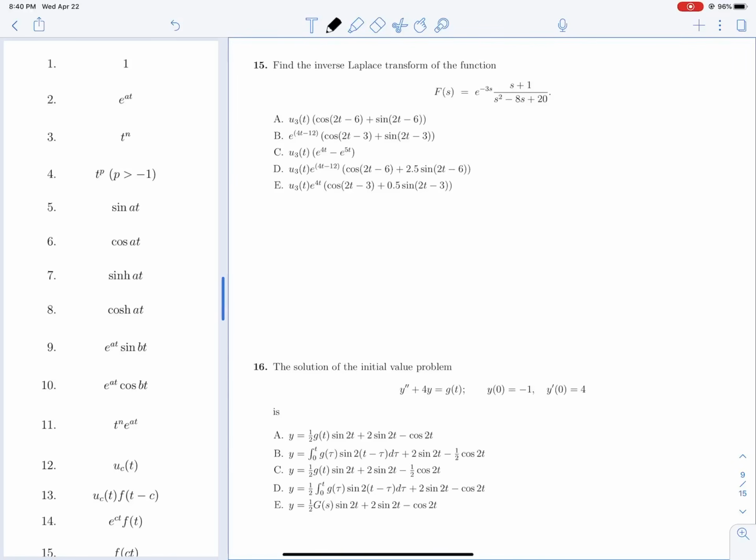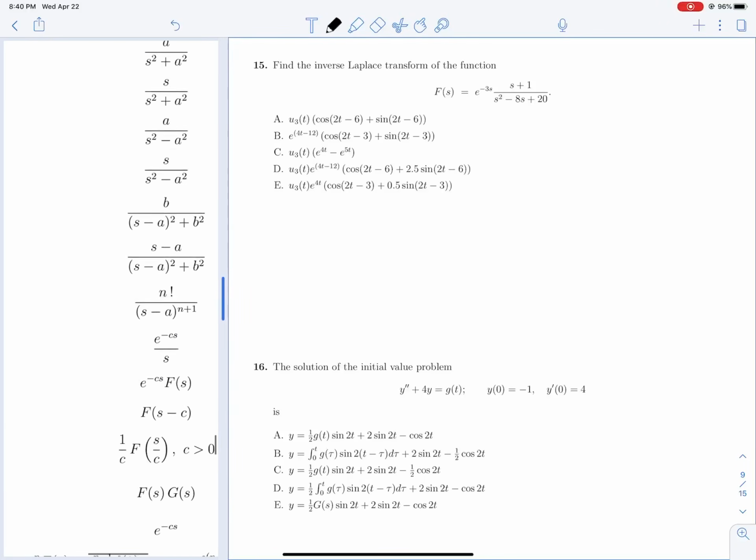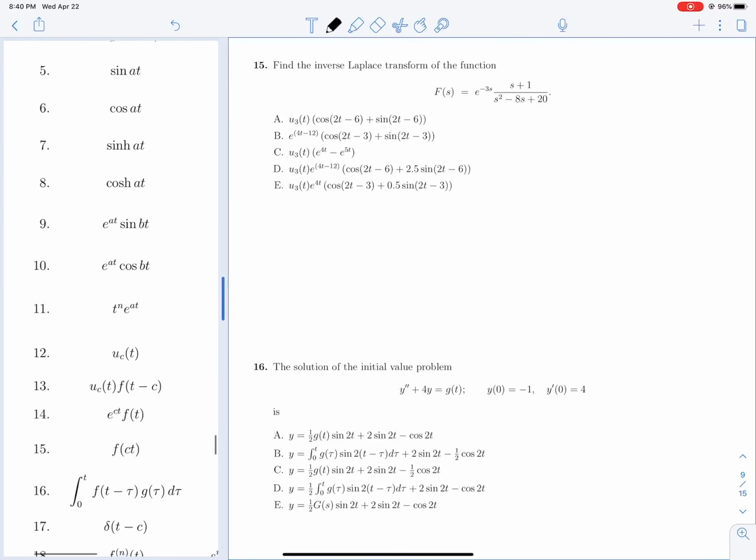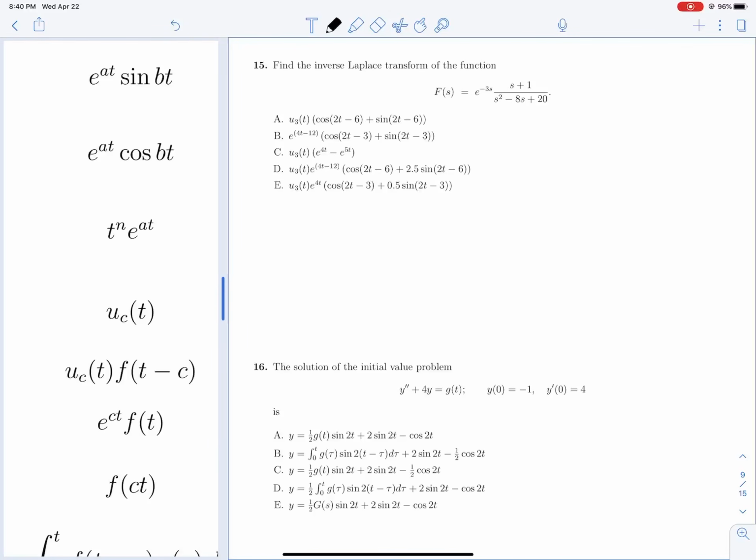So we know that multiplying something we're trying to take the inverse Laplace transform of by e to the negative cs will do this. So instead of just finding the inverse Laplace transform of this normally, we'll find the inverse Laplace transform of everything else normally, multiply it by uc of t, which in our case is u3 of t. So we know that our solution will begin with u3 of t, and then we'll replace all of the t's that we get from the inverse Laplace transform of this with t minus that c value,